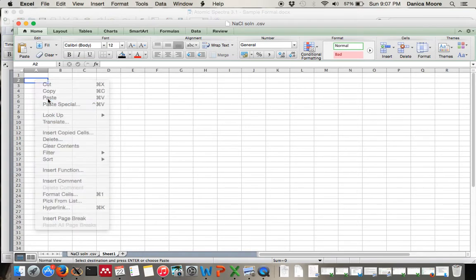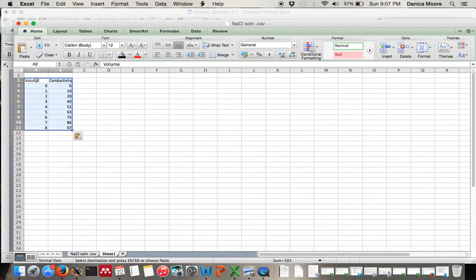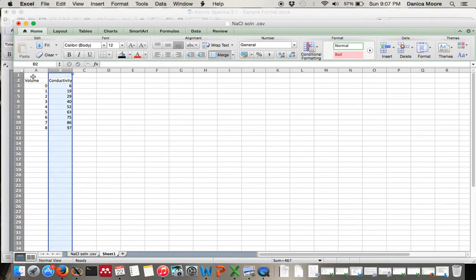control. You can either copy and paste by right clicking, or you can just highlight and Control C, which will allow you to copy it, and then Control V will paste it for you. So I'm going to go ahead and undo that paste. Okay, now I'm going to come up here and merge and center these cells and title them